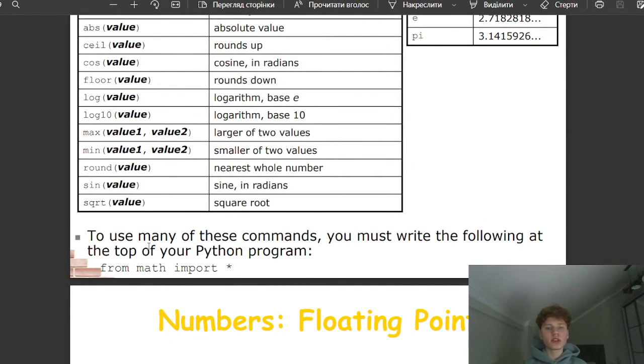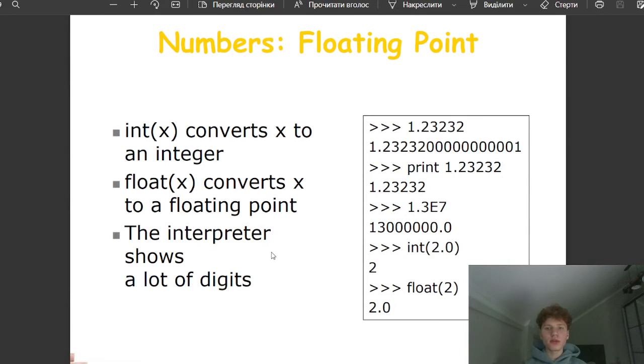To use many of these commands, you must write the following at the top of your Python program: from math import star. int of number converts to an integer. float of x converts x to a floating point. The interpreter shows a lot of digits. For example,